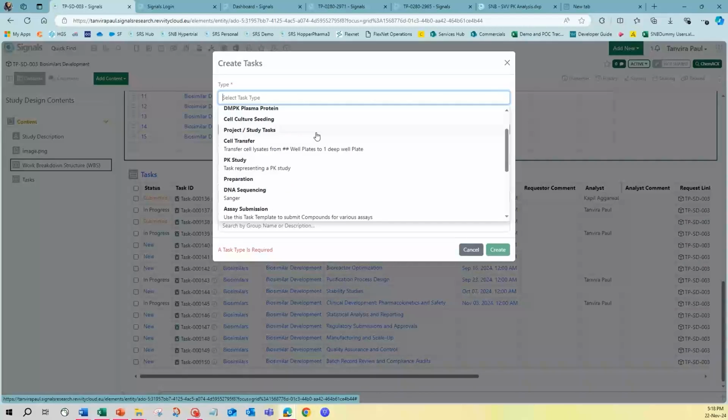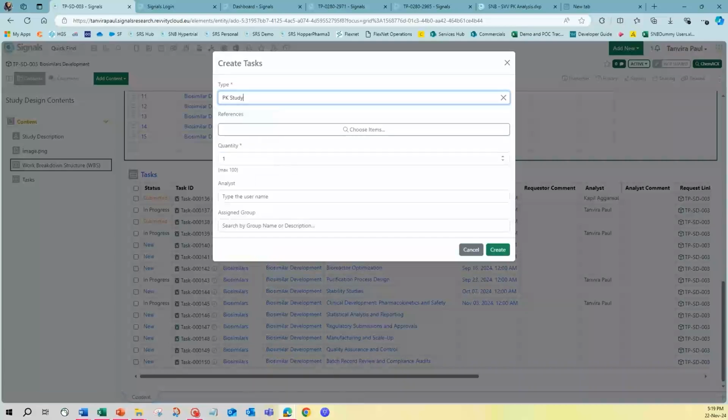select that particular template. It also allows you to link different kinds of references, be it samples or products, in how many quantities these tasks are to be created, and also have particular analysts to be assigned for the particular task. In this case, I am self-assigning this particular task and creating the task. Once the task is being created,